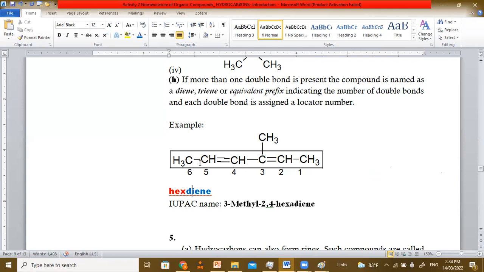If we start counting from the left, they are located on carbon 2 and 4. If we start counting from the right, it's also carbon 2 and carbon 4. Okay, it's 2, 4,